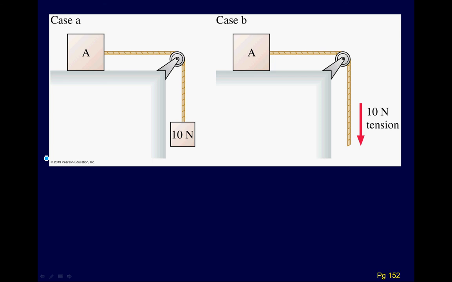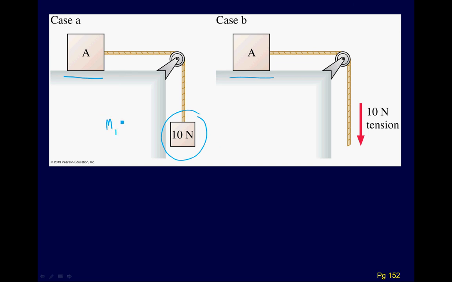Here's an example from the book that someone asked about, so I want to go through it. You've got two cases, case A and case B. In both situations you have a big block A that's identical. And in the first case you hang a block that weighs 10 newtons on it, and so this means it's